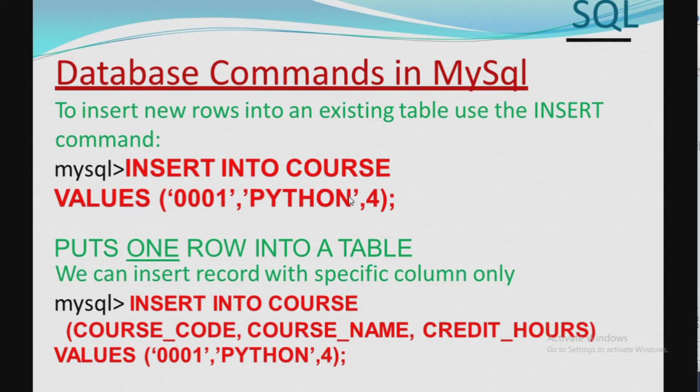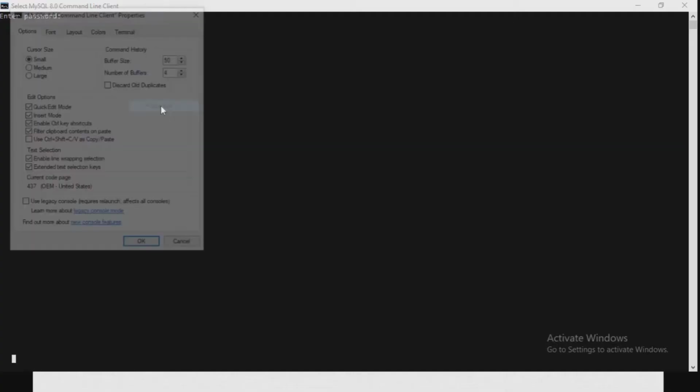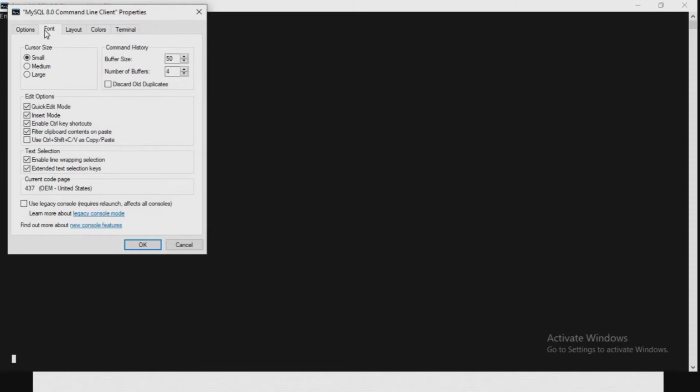As discussed in our previous video, DML, Data Manipulation Language of SQL, is dedicated to manipulating data in one way or another. In this video we'll discuss the insert into command, which is used to enter data into tables. Here there are 3 columns and we are entering 3 data in the same order. In the second case, we are changing the order. Now we'll see practically how it works.